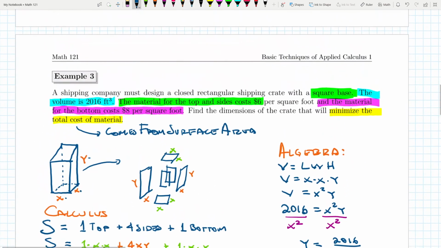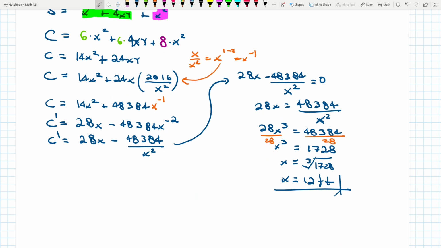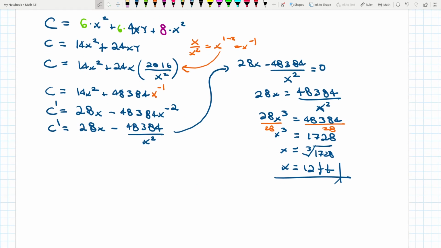Let me check again. Yes, it's feet. So 12 feet. Now we need to make sure that this indeed will be the minimum, and we do that by taking the second derivative. We're going to take it from here because this is the one that is ready to differentiate